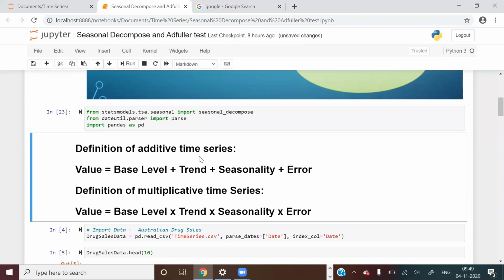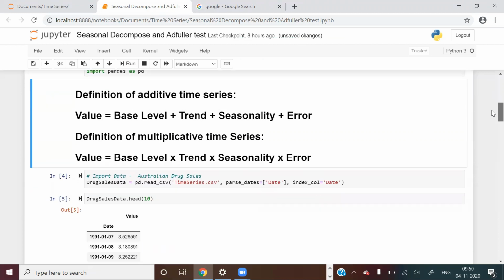As I explained in my theoretical video, an additive time series is value equal to base level plus trend plus seasonality plus error. The definition of a multiplicative time series is value equal to base level into trend into seasonality into error. So these components are summed up in additive and multiplied in multiplicative. Okay, now let us find out how we figure out base level, trend and seasonality.